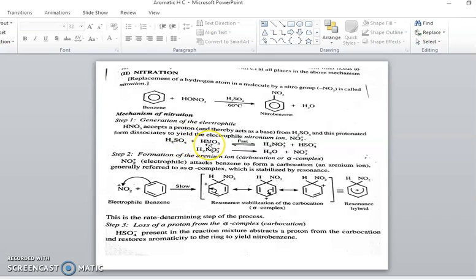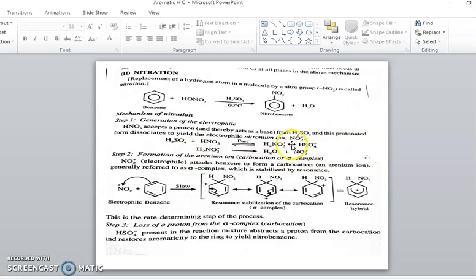The sulfuric acid reacts with the nitric acid, and whenever it does, an H plus from sulfuric acid is donated to nitric acid. That's why it becomes H2NO3 plus. And since H plus is removed from sulfuric acid, it becomes HSO4 minus. Now in the next step, this H2NO3 plus will lose a molecule of water, H2O, and what is left